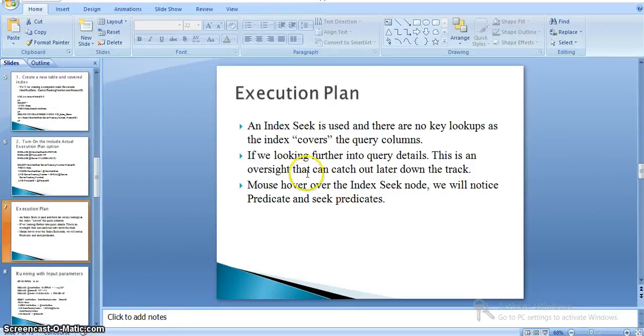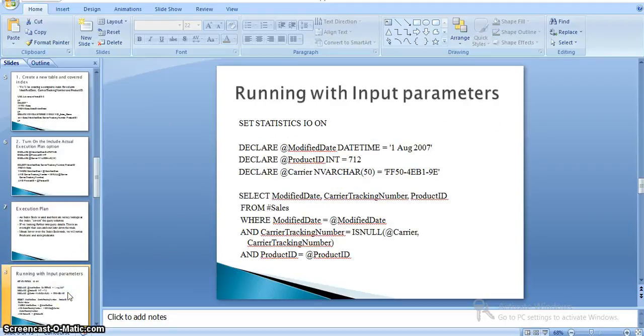So this is what we verified now. We verified the query deeply and identified the index seek, predicate and seek predicates. Now we will run the query by passing some input parameters.